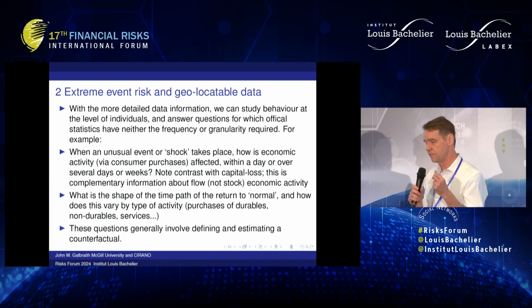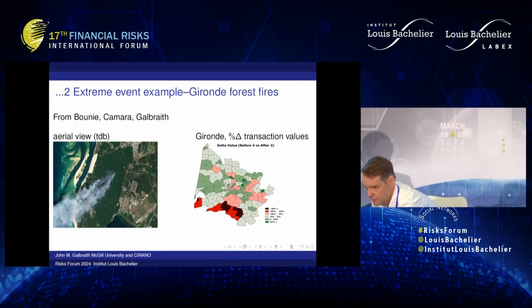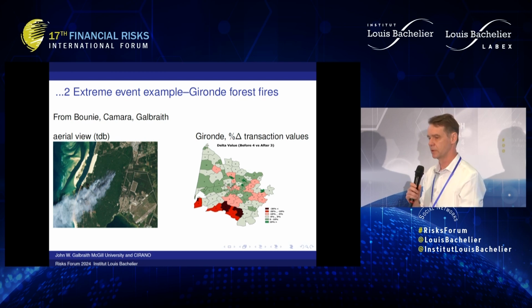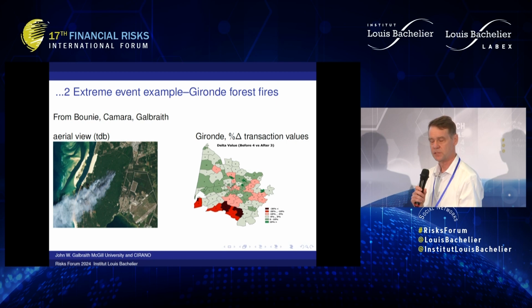So with finely geolocated data, it becomes possible to take a very small area, for example, in central Paris, and a very restricted time period, and look at the degree to which there's a change in the flow of economic activity over that period, even if the capital account changes are very small. So here's just an example from some recent events in France, since the data that we're working with are from the Groupement des Cartes Bancaires CB, and these are the kinds of data that I'm speaking about that involve these finely detailed bits of information that allow us to characterize a location.